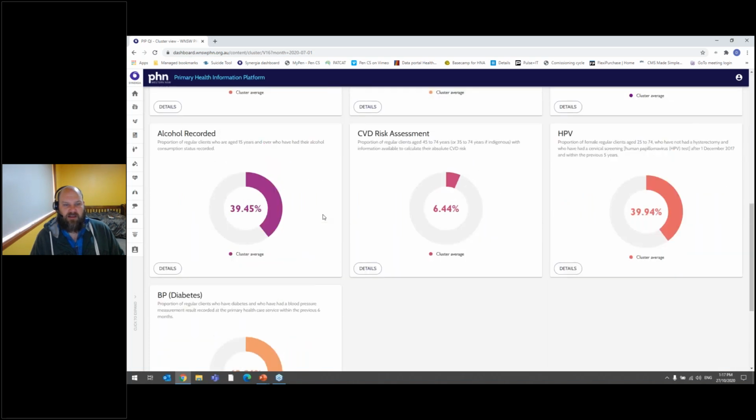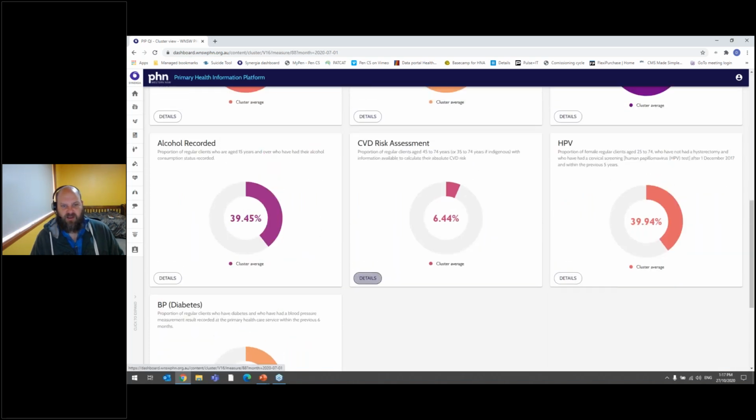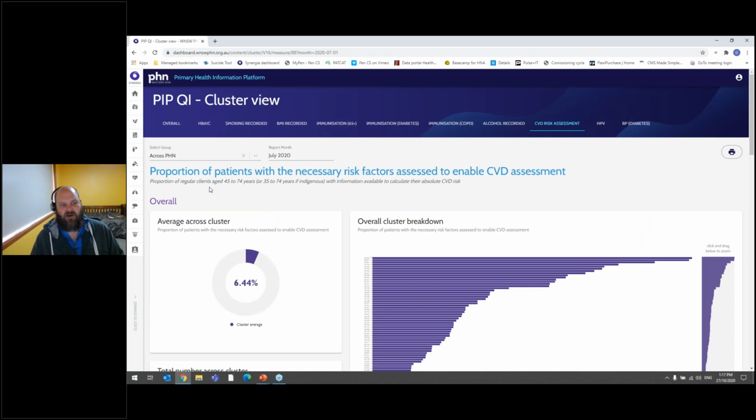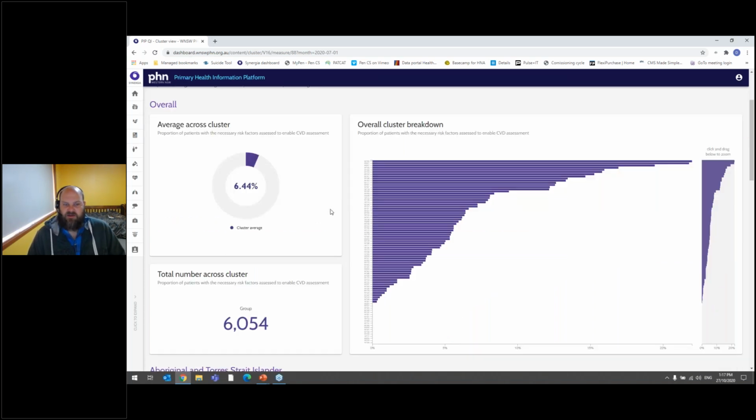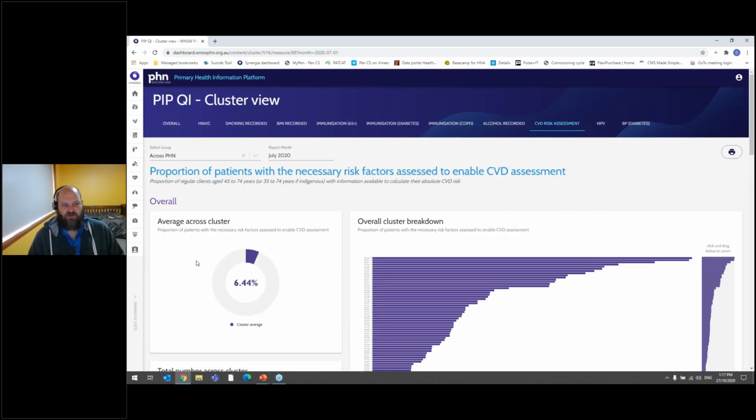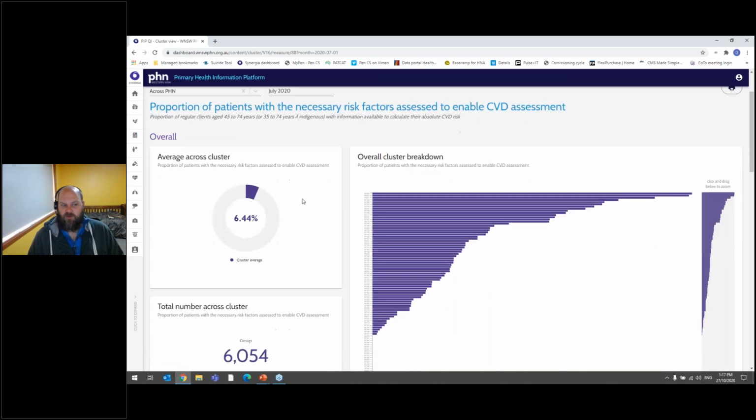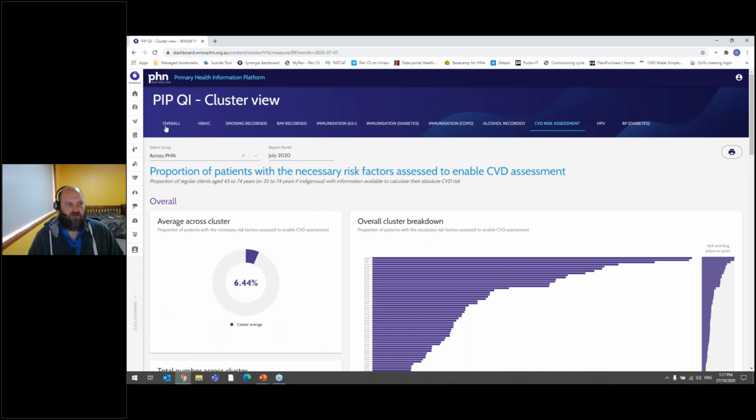And then finally, the last couple that we have here is specific, again, to ages. Here, 45 to 74, or 35 to 74 if you're Indigenous, of those patients that have had a CVD assessment undertaken. So again, you can see there's lots of variability across our region for practices being able to get their patients on board to have these assessments undertaken, and hoping moving forward that we're really able to have our practice support officers working with practices for their quality